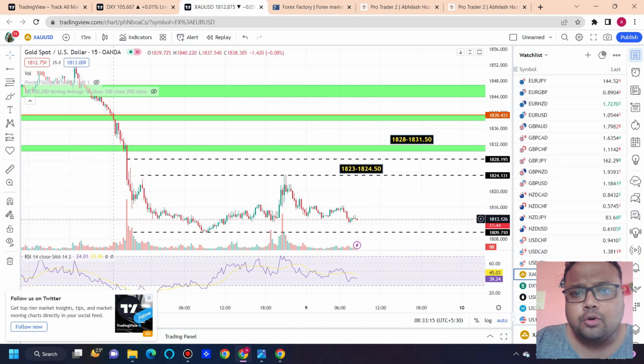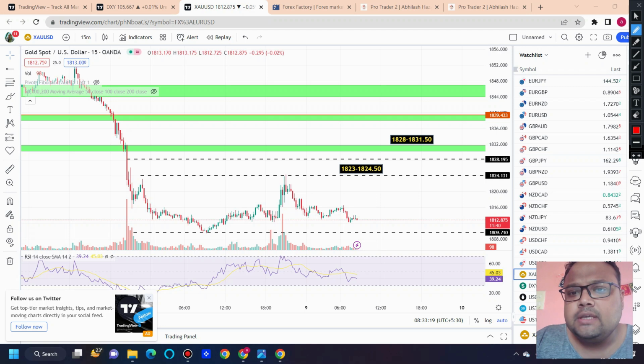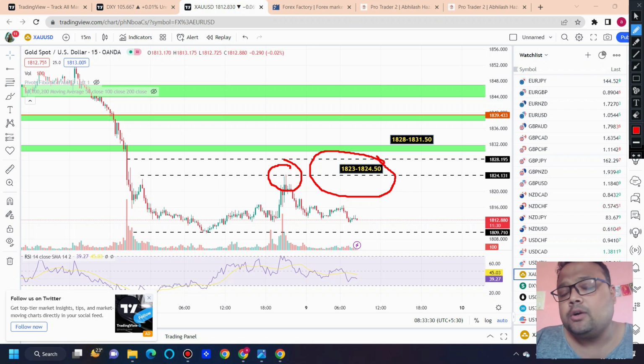Right now, gold is trading inside the range only. So during the day, if you see market going up, you can observe the market around the 1823.24 level. If you see price rejection from above, if you see market is struggling around this area, you can easily go for a sell position. And if the volatility of the market remains like this, then yes, the level should work nicely.